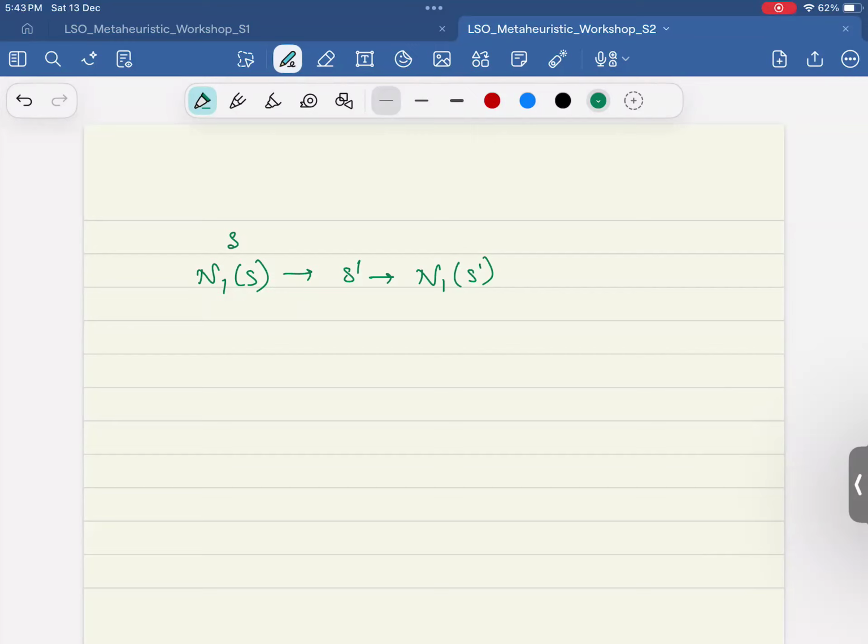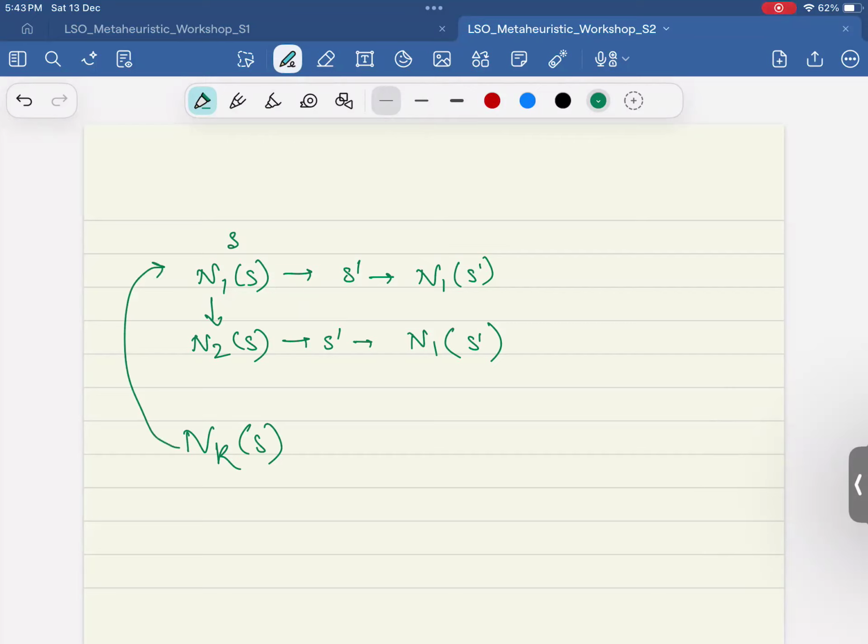If there is no improved solution in N1, then I will search N2. If I found an improved solution in N2, then the search will circle back to N1. So in whatever neighborhood you are, if you found an improved solution, you will go back to the first